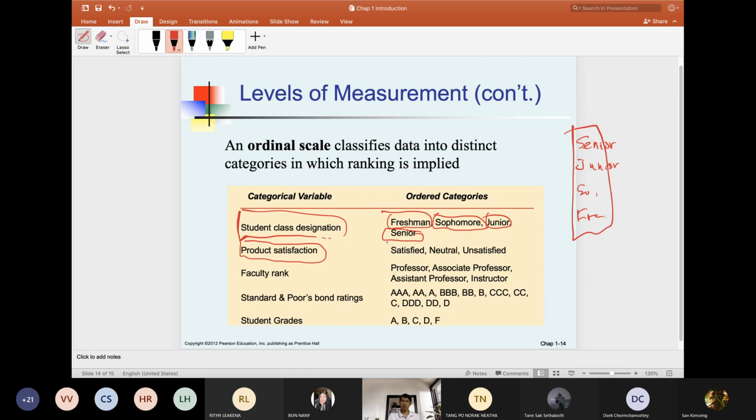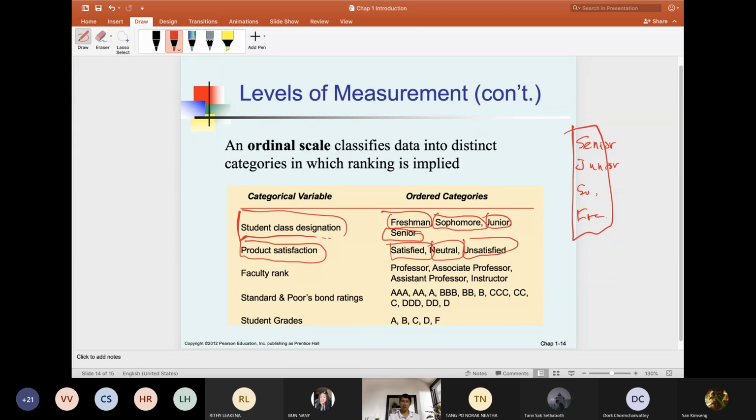If I ask you if you'd like its cost, okay, someone says satisfied, someone says neutral, someone says I don't like that, unsatisfied. But that is not a product, right? That's cost satisfaction, for example. So maybe if you're trying to compare among the three, you can give them different rates, right? Satisfaction means a higher rate. You give your satisfaction more compared to the neutral and unsatisfied. So in this case, again, we have a rank among the three